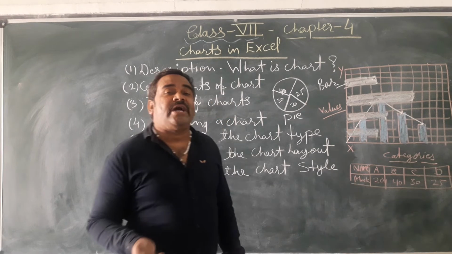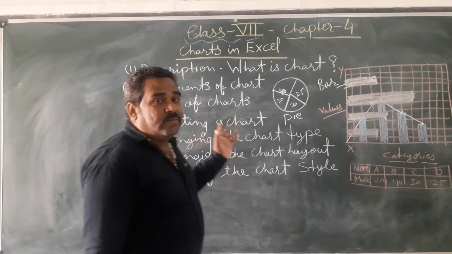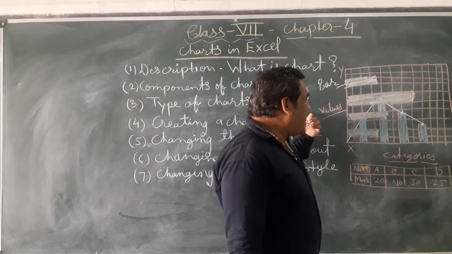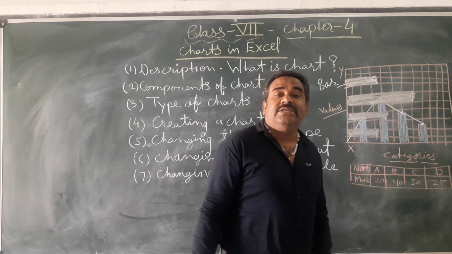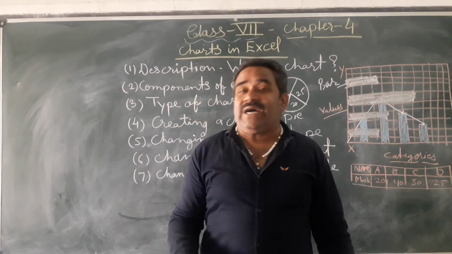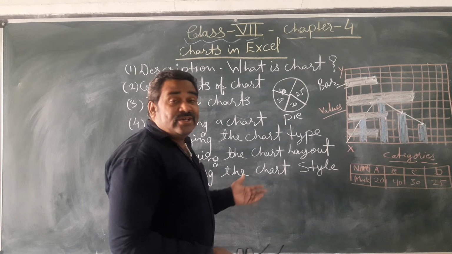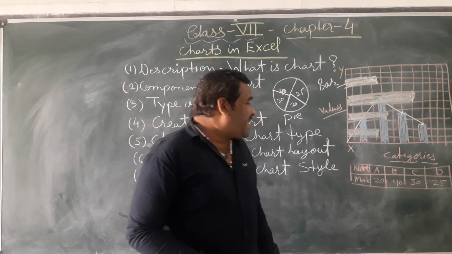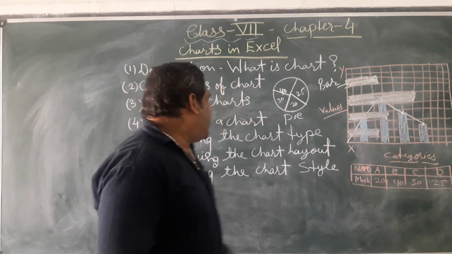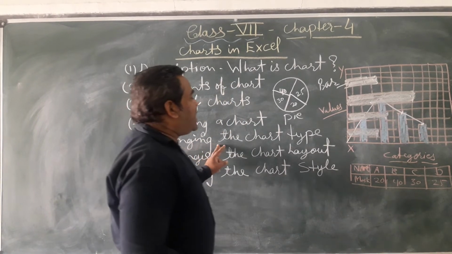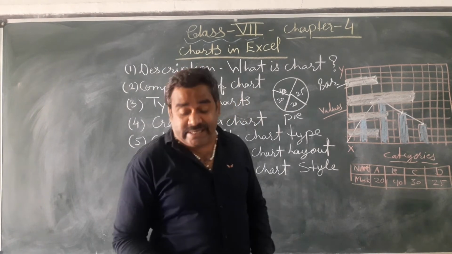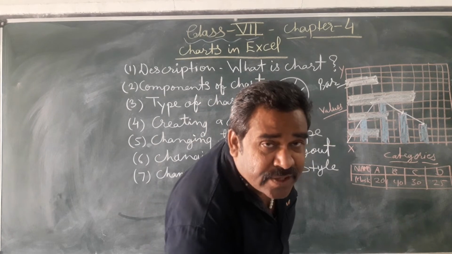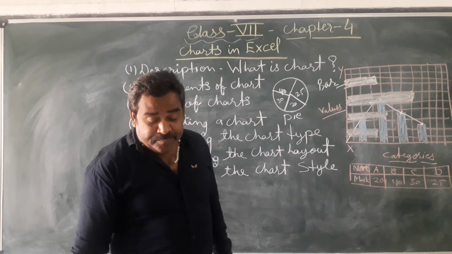So these are the different types of charts. Most of the charts used are column, pie, line and bar. These are the four main chart types that we can use when creating a chart from our data using these value axes. Now move on to changing the chart type. If you want to change your chart type, you just have to go to the Design tab.